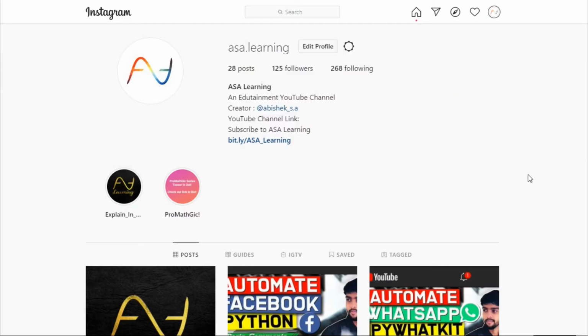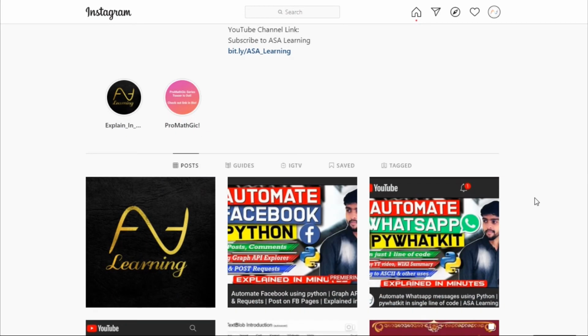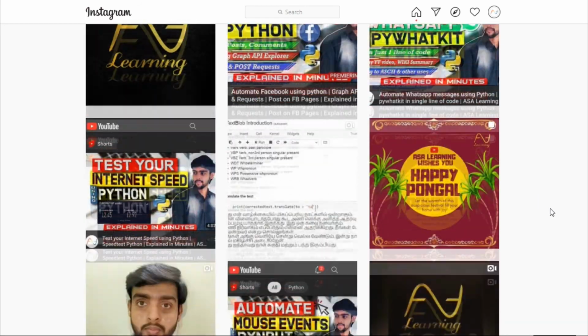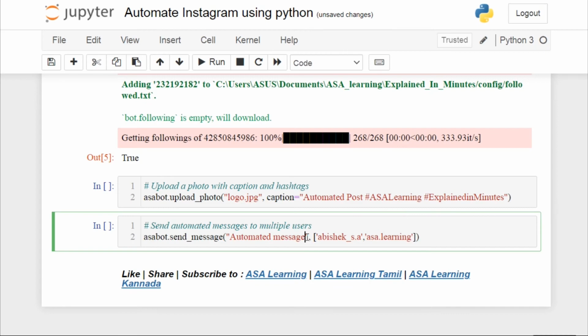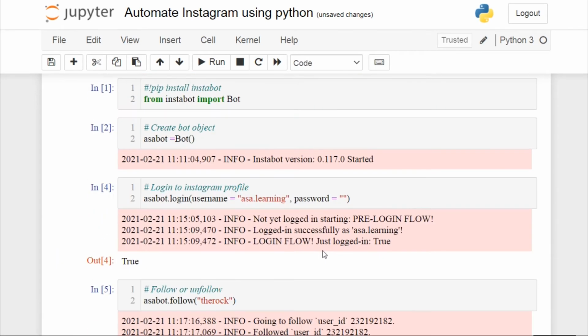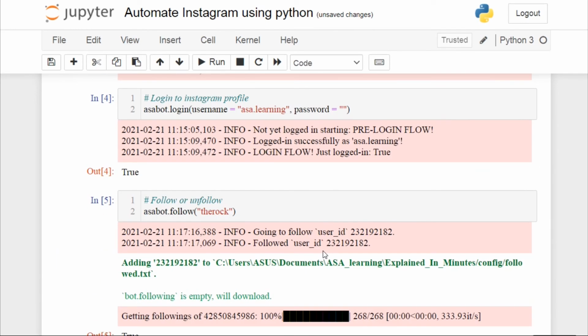And do note that you can also get the followers information, the people that you are following and all the other stuff using Instabot. It is very simple. So I have just given an overview here of how you can upload, log in, follow or unfollow someone and